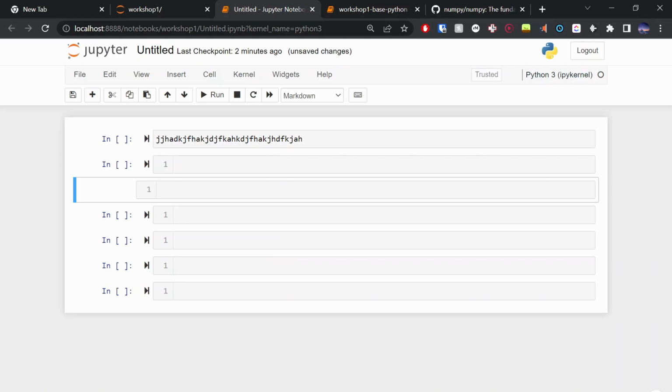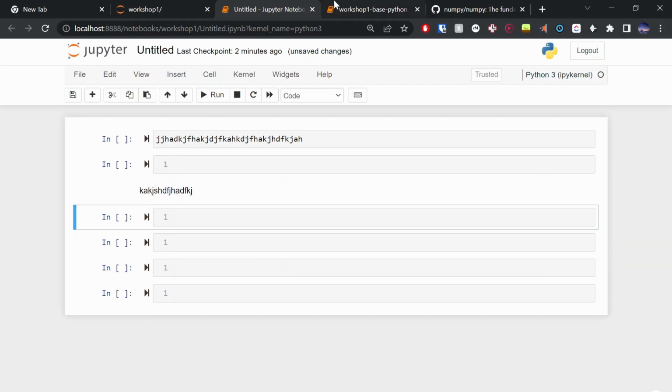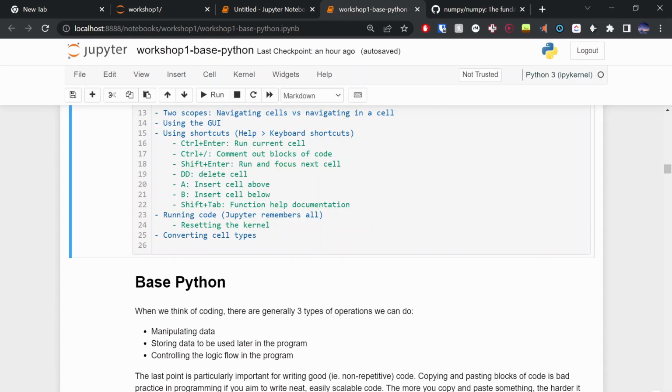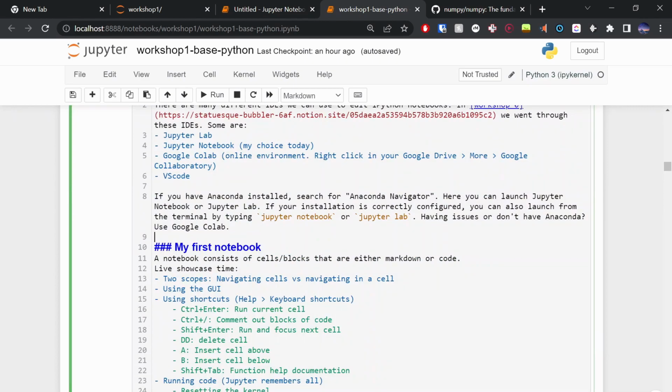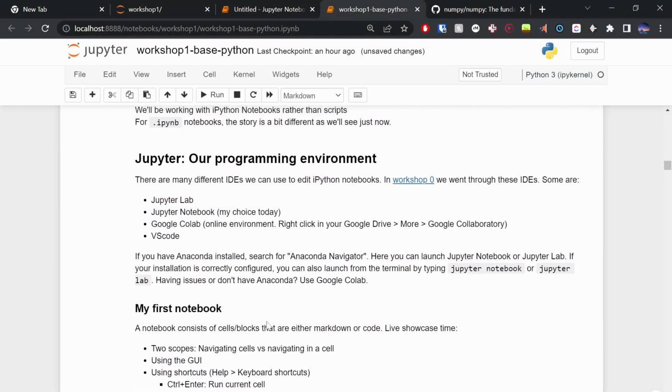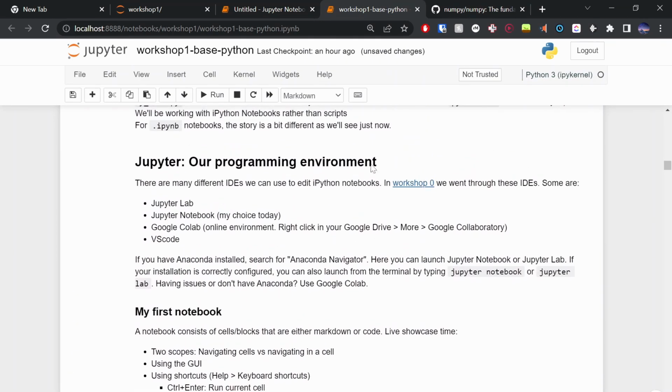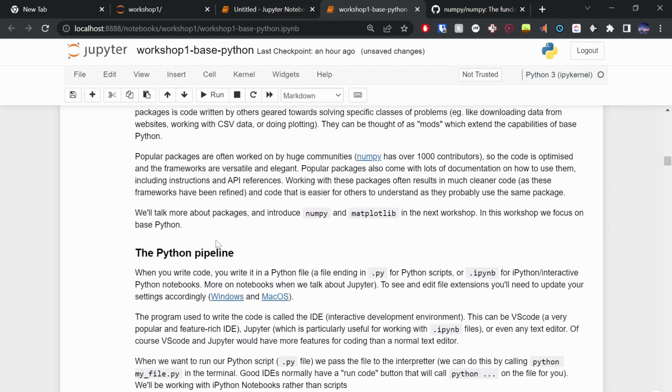And markdown is how we can write any sort of text. If you double click into this cell, this is a markdown cell. This is how I was able to format these titles, these links. If you're curious about how I did anything in this notebook, you can double click in it, and it'll show you exactly what I typed in order to get that.